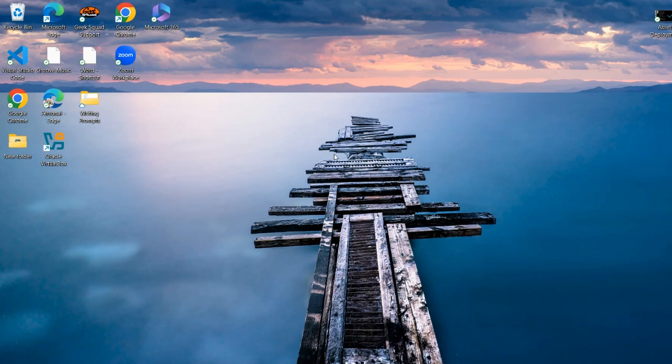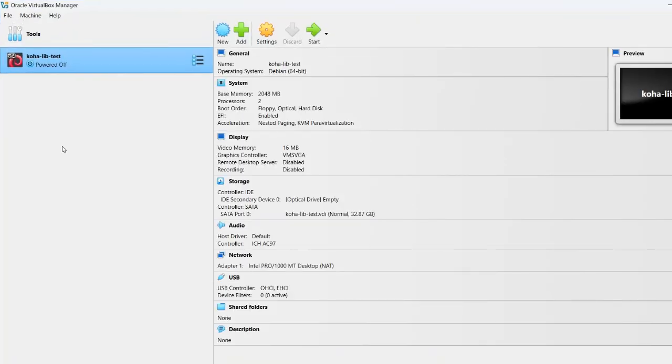But the installation process is very quick and easy. So once you have it actually installed on your system, you're going to want to click on it, and it is going to lead you to this interface here. At this point, I have a Koha library test server up and running, but obviously we want to start ours